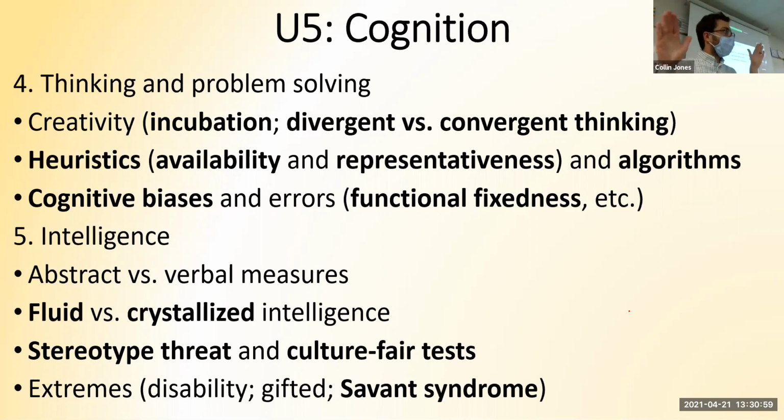Convergent, you're trying to get to the one right answer. Like you've got 5 answer choices and you're trying to converge or narrow them down to the one right answer choice. Divergent is when I say, how many uses can you come up with for a paperclip? And Nathan comes up with 4, Jaden comes up with 12, and Stacy comes up with 73. We'd say, wow, Stacy is a divergent thinker. She can come up with lots of creative answers.